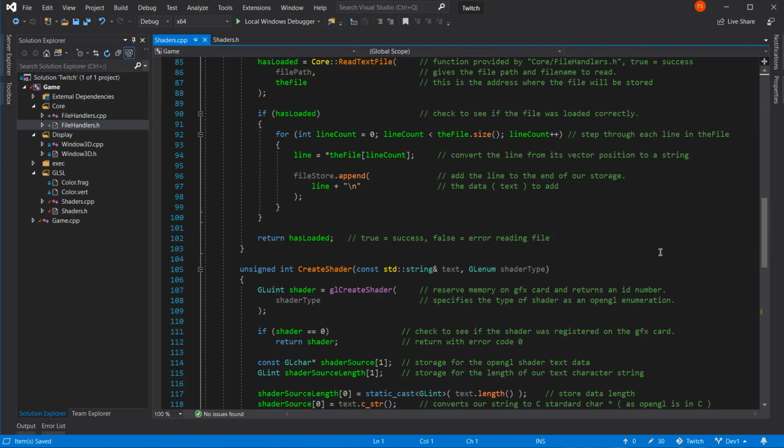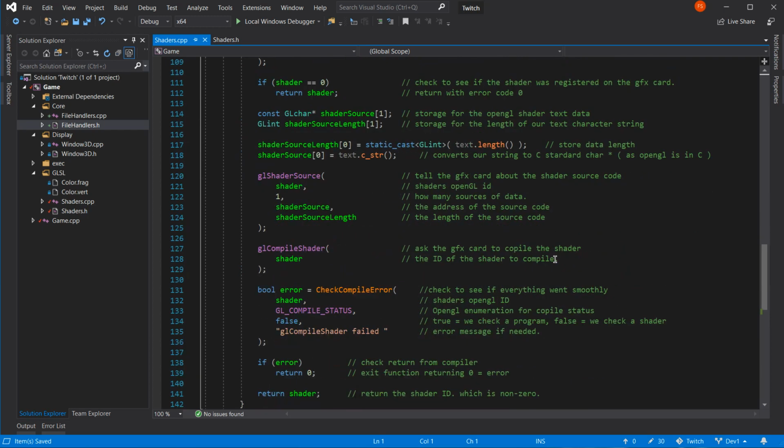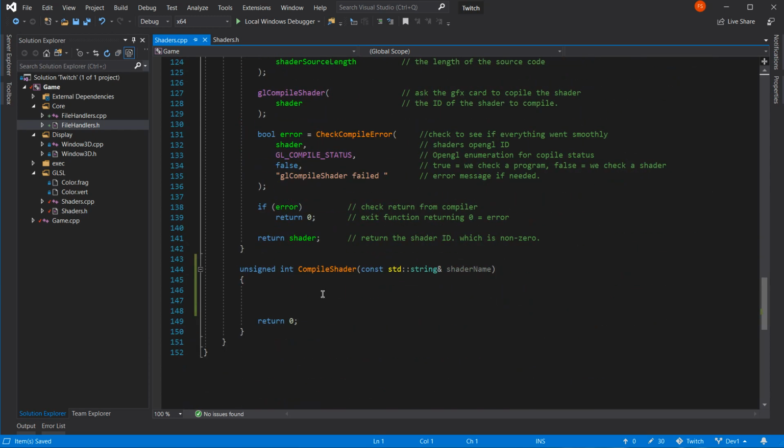I know there's no errors because they come up in red if there are. Unless my logic is completely wrong, and then we're goofed. And if we're goofed, we're goofed. Let's have a look. So we can compile shaders.